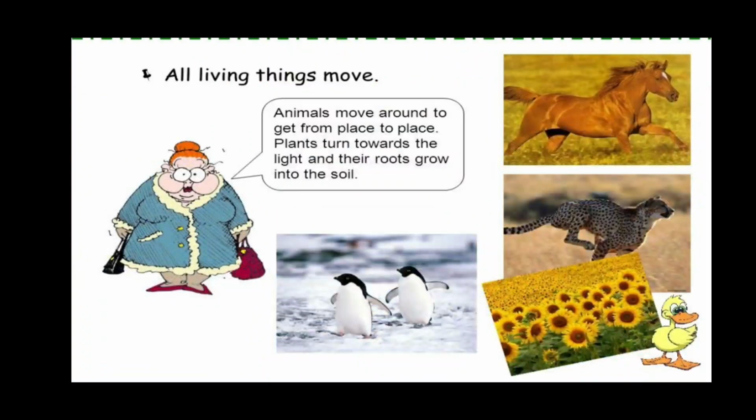Next is that all living things move. Movement is another characteristic of living organisms. Animals move from one place to another in search of food or to protect themselves and for other needs. Movement can be seen clearly in these organisms. Plants are fixed at a certain place. However, they also show a response to light or gravity. This movement cannot be easily noticed.